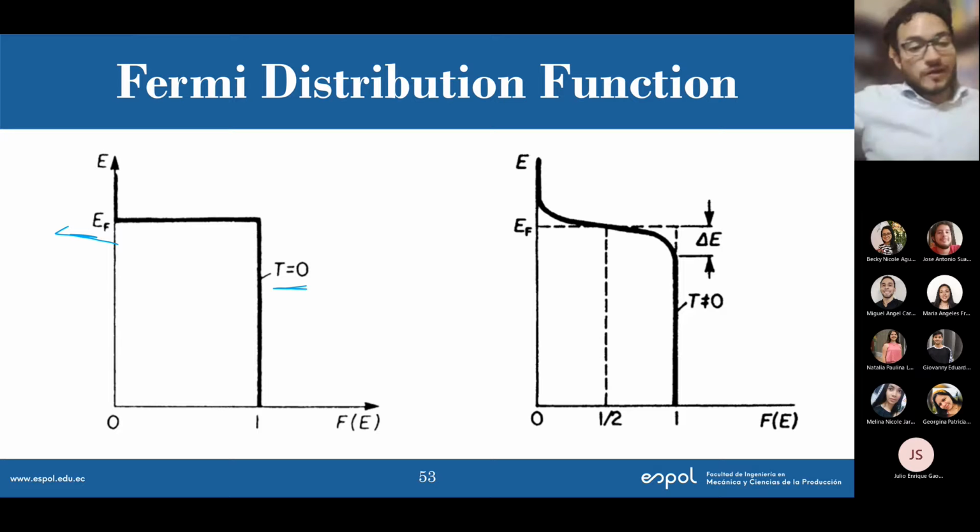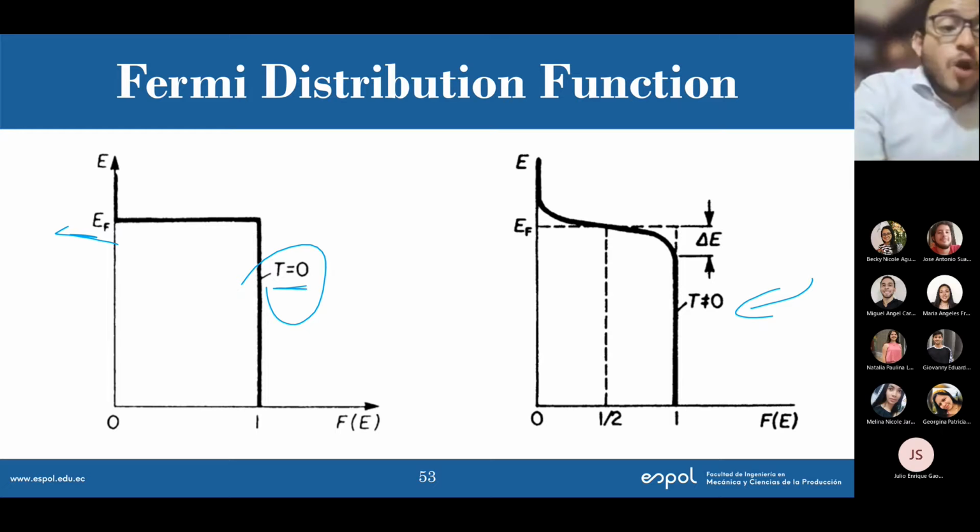And if it's higher than the Fermi energy, then that energy is unoccupied, or empty. Now let's go to the case when T is not equal to 0, and then yes, Jose. So let's say the definition of Fermi energy was so simple when T equals 0, right? Because it says, okay, if the energy is lower or